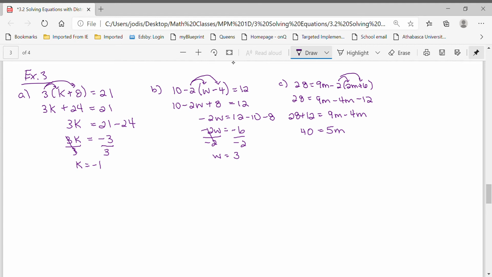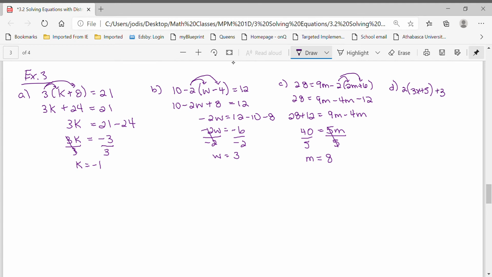Now we need to isolate for our variable. So in this case, in order to do that, we're going to need to divide both sides by 5, and I'm just going to flip this because it looks prettier. So m equals 8. Alright, and then the last one here, hopefully I can fit it in: 2 times 3x plus 5